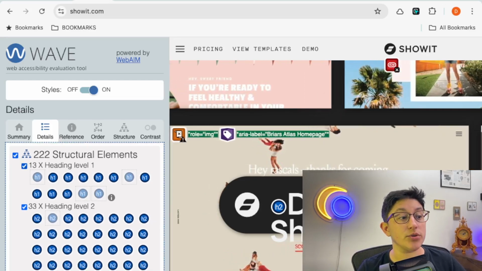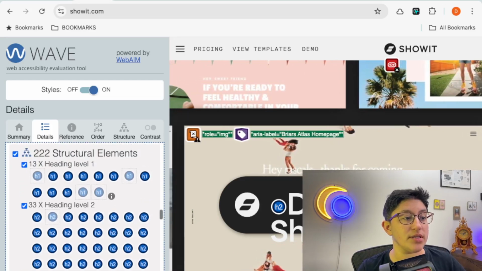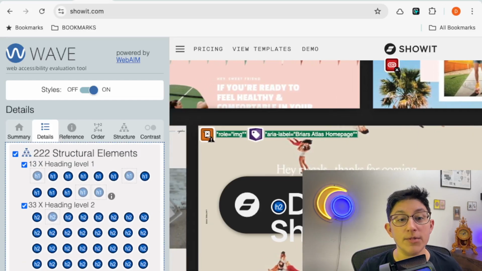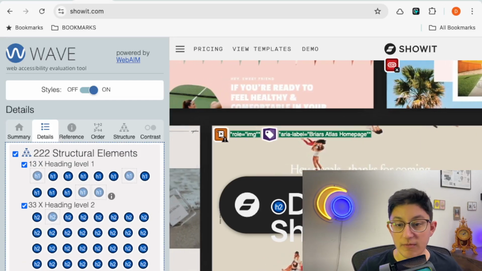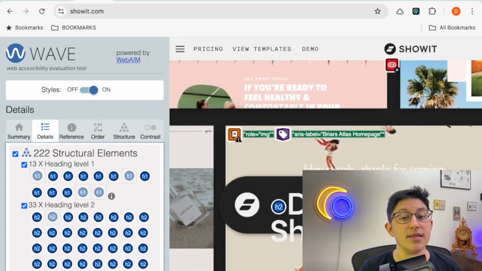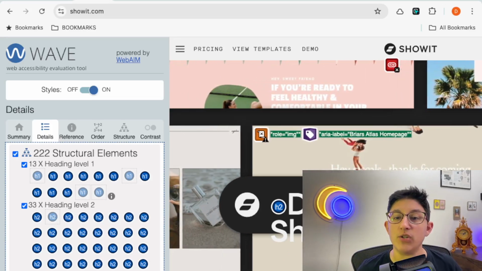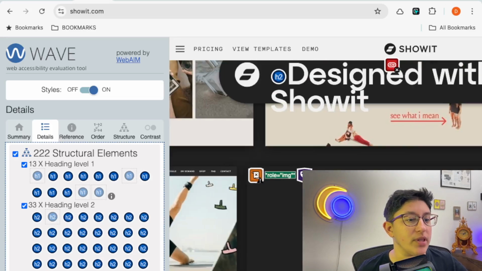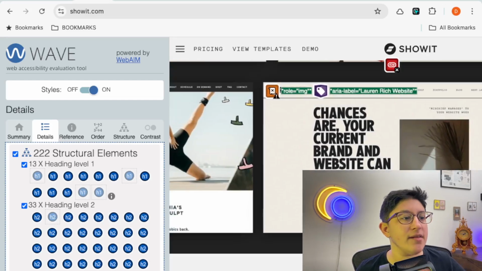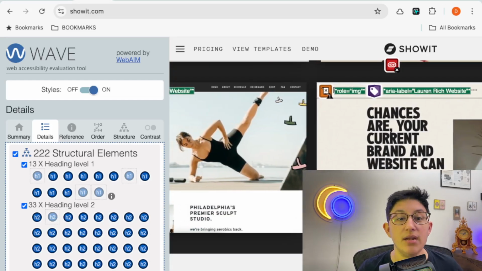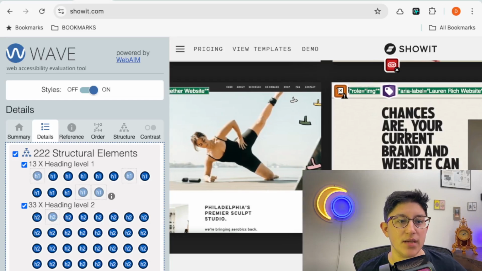So some structural elements, it's showing you that these things are here. Now, one of the problems, this is just providing you with information, right? And so you can take this and then investigate further. This page should not have this many H1s. And so we can take a look at what that is and why there are so many of them and make whatever decision we need in order to move forward and make the site more accessible.